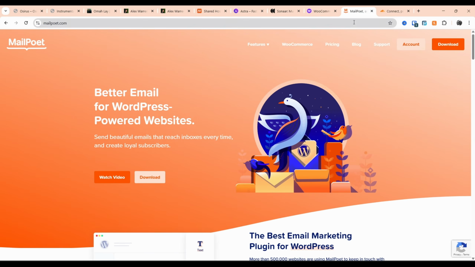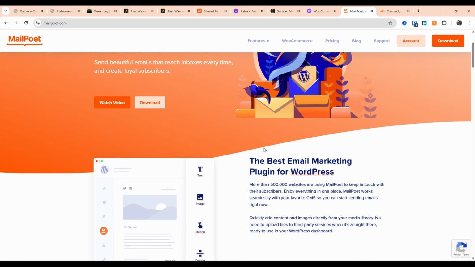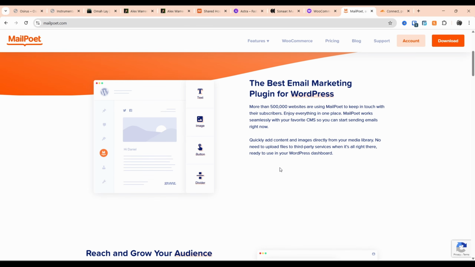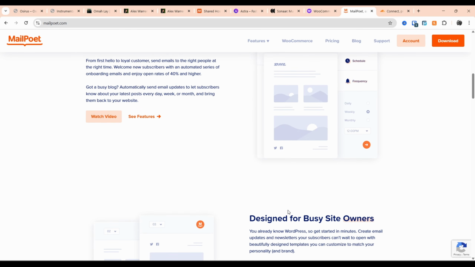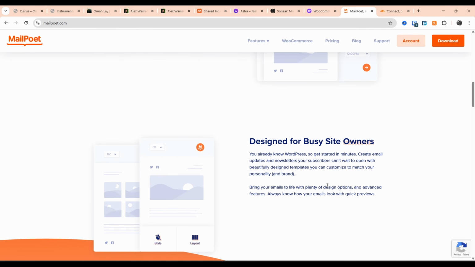For the newsletter, we'll be using MailPoet, and this is an email marketing plugin. You can use this to write newsletters. Think of Mailchimp or Substack, it's everything in one. You can use that to write your newsletter, to send email marketing campaigns, and to do automated marketing stuff. For example, if someone wants to purchase a beat and they leave the beats in the cart, you can remind them. It's a very interesting plugin to do different email marketing stuff, and it's highly integrated with WordPress,